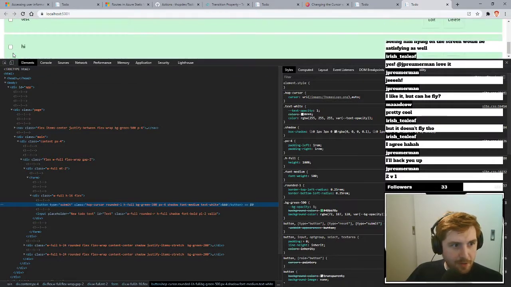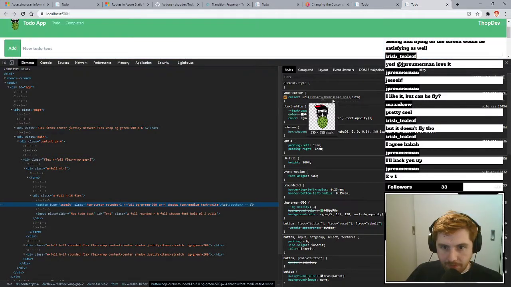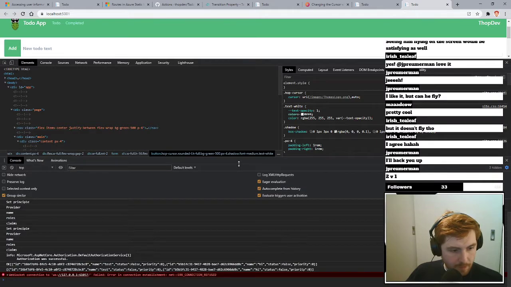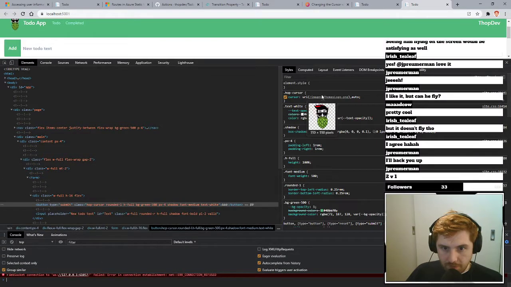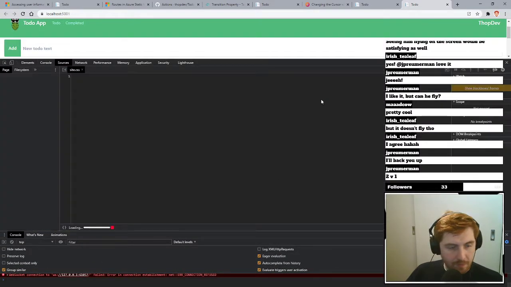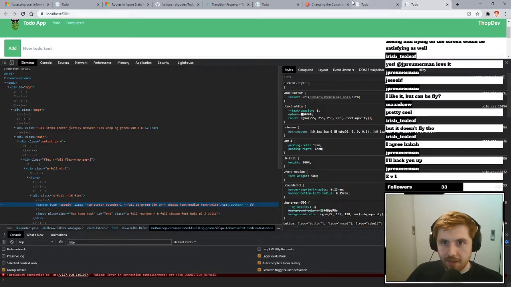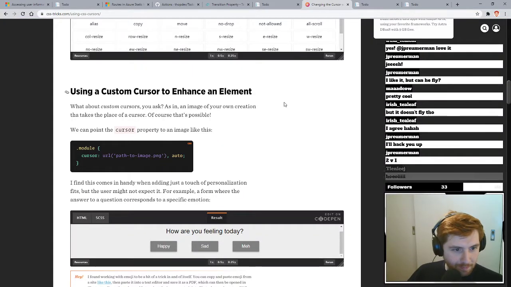It is displaying it a bit. It can find it. Can find it. What? Why isn't that working? Does anyone